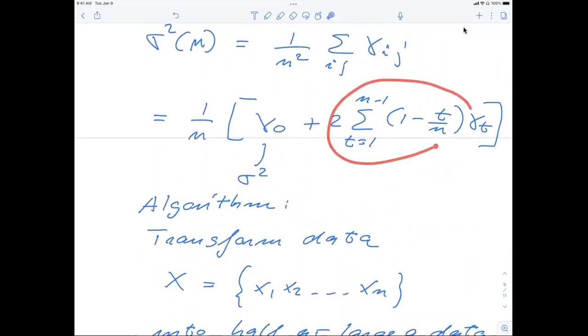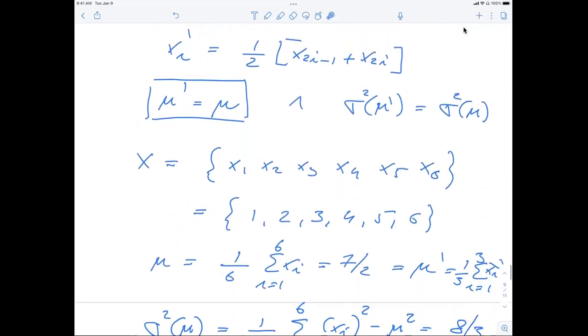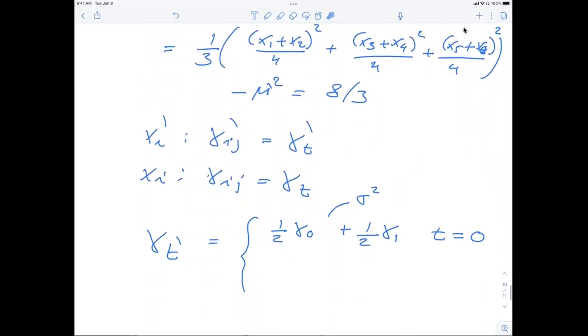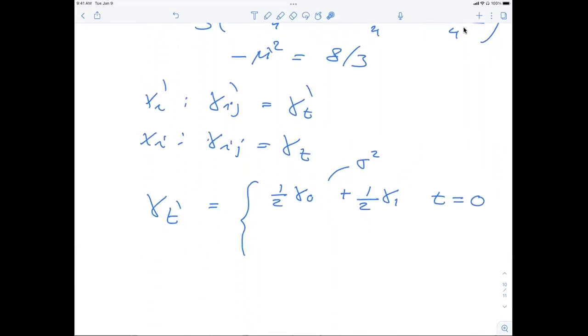So when I start with t equals 0, I'm going to get one specific estimate, and when t is larger than 0, then I'm going to get a slightly modified expression, which is gamma of 2t minus 1